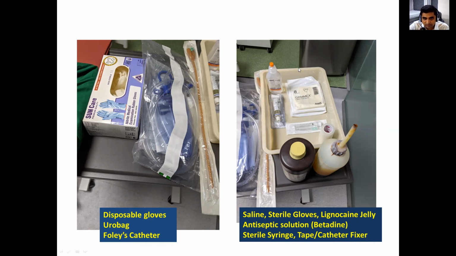So appropriate size catheter should be used. And this is the sterile saline, which is required for washing and cleaning of the private parts and genitalia. This is the one-time use sterile lidocaine jelly. It should not be reused and it should be used with no touch technique. This is the sterile syringe. It could be used after insertion of catheter to inflate the bulb of the bladder. These are the sterile gloves, and sterile gloves must be worn before and during insertion of catheter, and if there is any breach in sterility in between, then they should be changed.